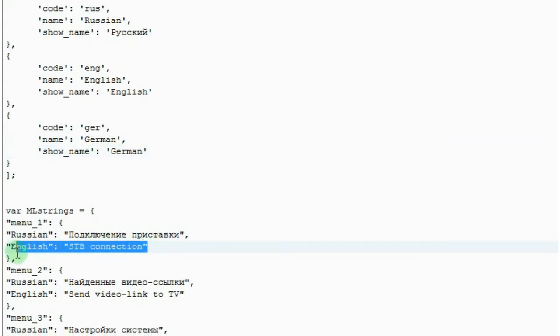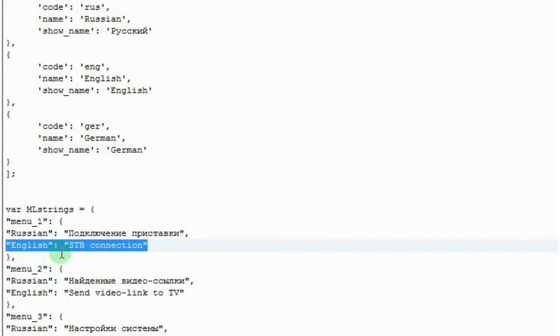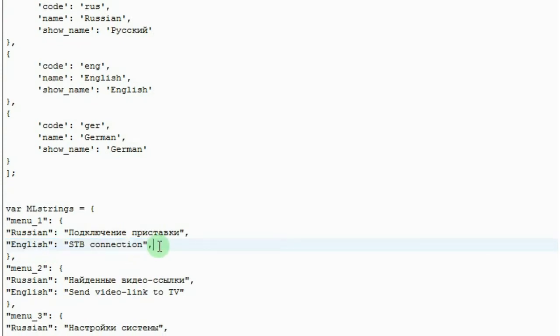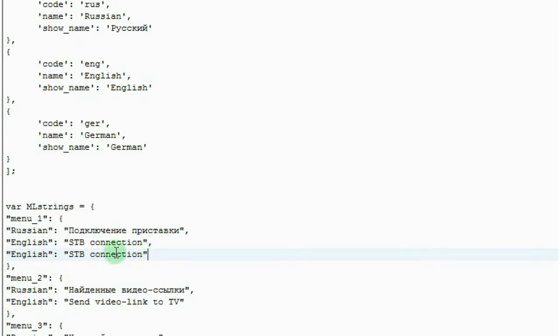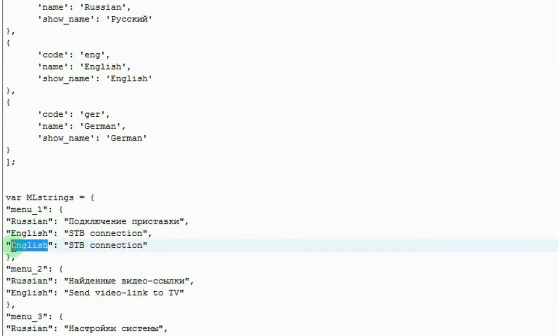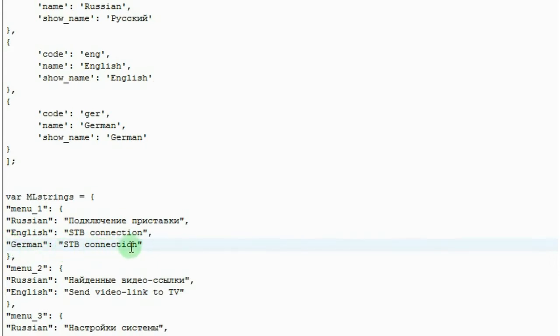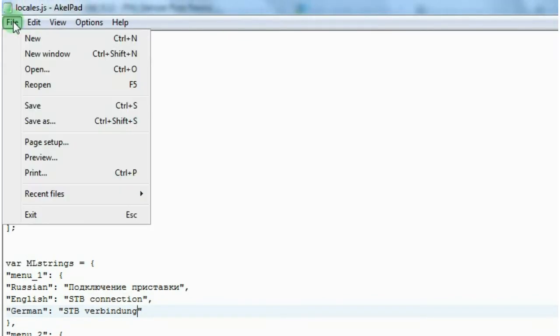Add the German translation for the menu item STB connection. And following the same process, add the translation for all other menu items. Save the file.